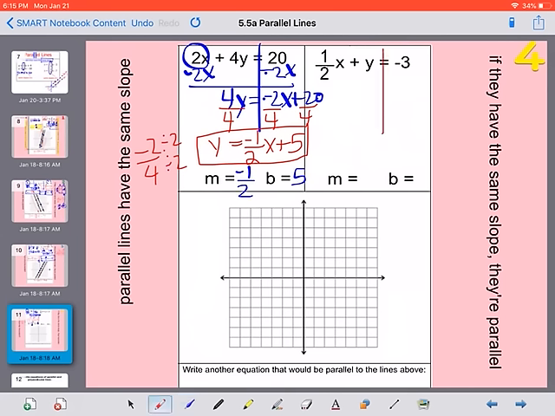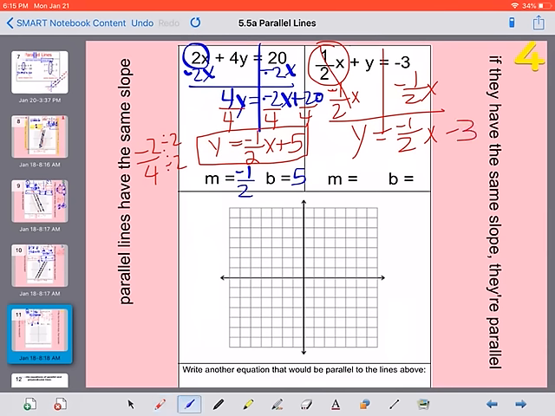Second equation is a little bit easier to solve. You just need to move the 1/2 x over to the other side. So I'm going to subtract 1/2 x. And we have the equation y equals negative 1/2 x minus 3. So b is -3 and m is -1/2. So if your slopes end up different, you know you made a mistake because they're telling you this whole worksheet